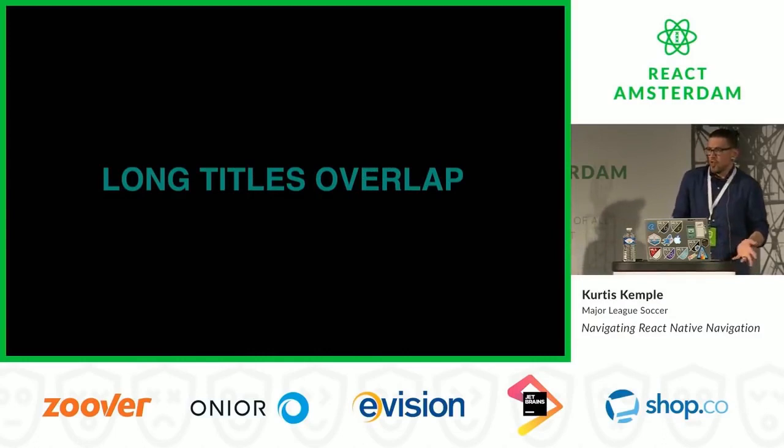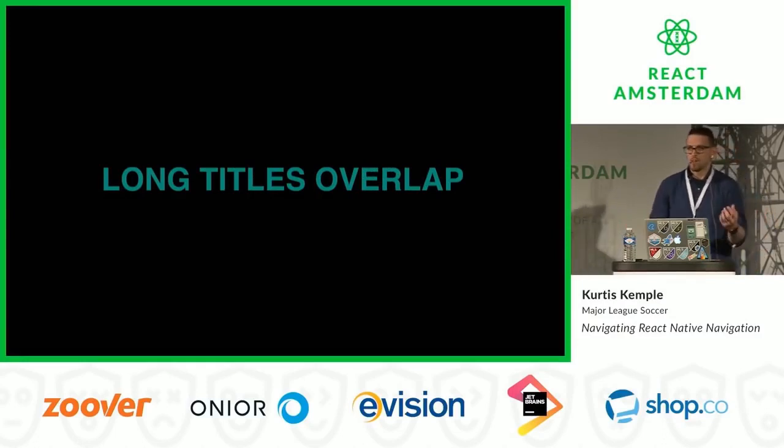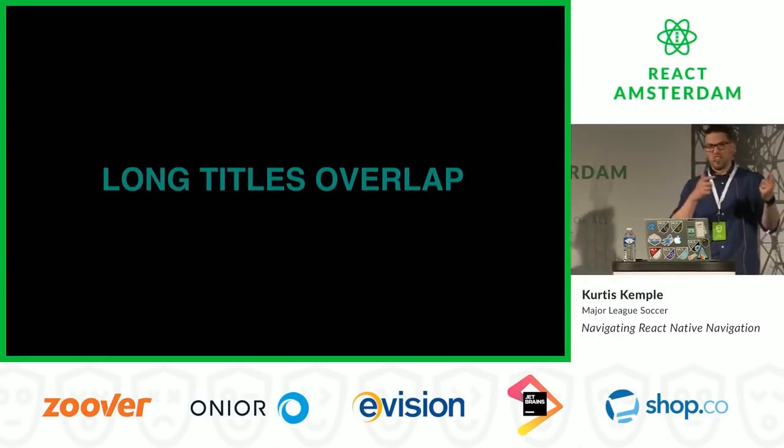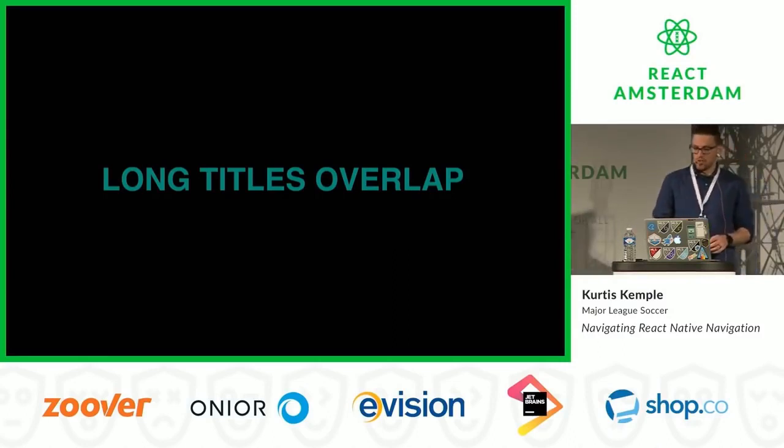Long titles overlap. So this is just a total nitpicky thing, right? I was having a hard time coming up with things to find. But it's weird when you see it though, right? Like there's certain things that you still have to handle like that, and it limits me, right? Like I couldn't do today's forecast and 3-day forecast because then they would overlap. So it's just a little frustrating when you have to actually change your design or implementation because of a limitation